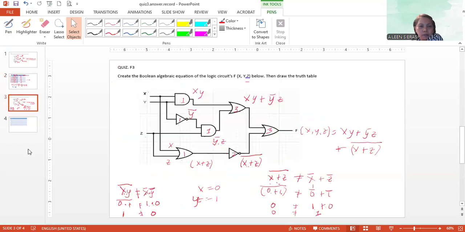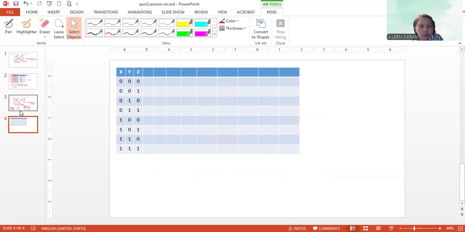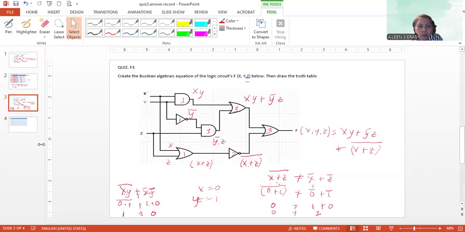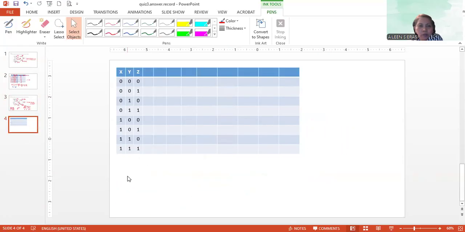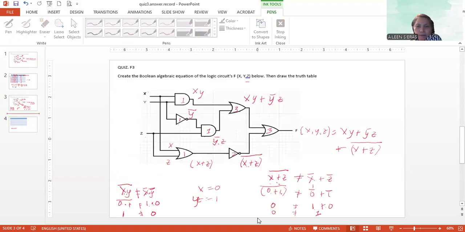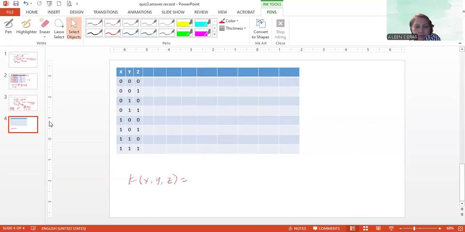Okay, so let's proceed. So this is our equation. So we will write here for the truth table. Function of x, y, z is equal to xy plus y bar z,